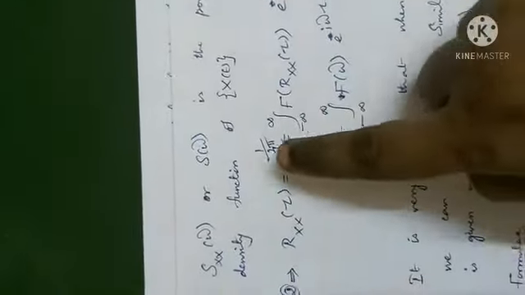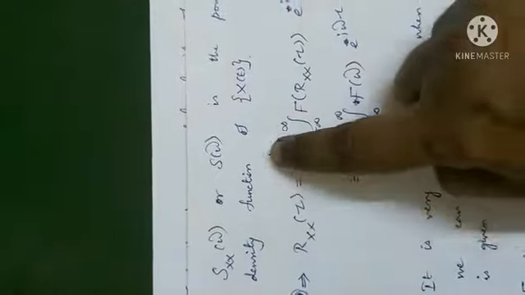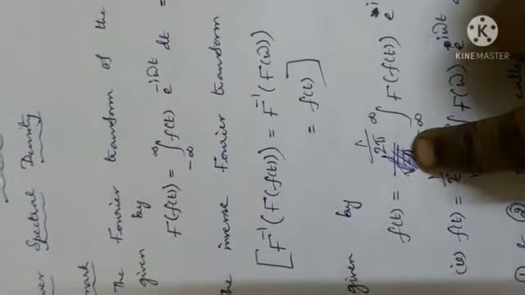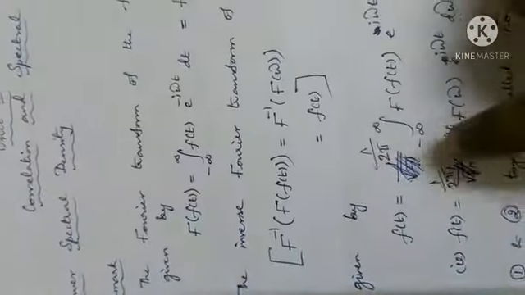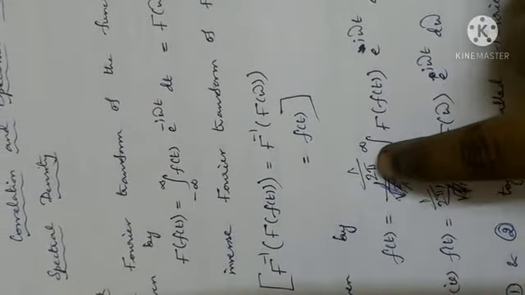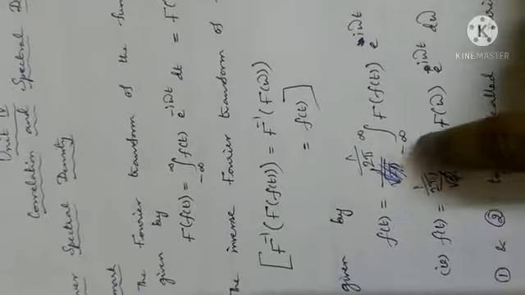Okay. And there is a small correction in the morning PDF. The term here should be 1 by 2 pi. There are many different Fourier transform pairs. What is a Fourier transform pair? The Fourier transform formula and the inverse formula together are called a Fourier transform pair. If I write 1 by root 2 pi here, I should write 1 by root 2 pi here. If I write 1 by 2 pi here, I should write 1 here. I have already written 1 here, so I cannot write 1 by root 2 pi here. It must be 1 by 2 pi. Please correct it in the morning PDF, okay? So it should be 1 by 2 pi.